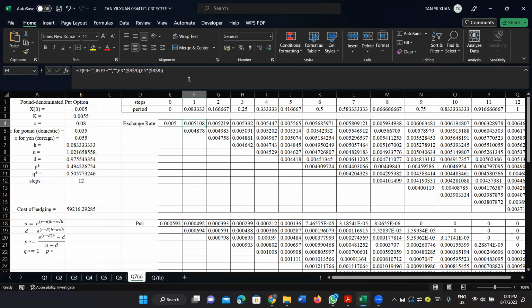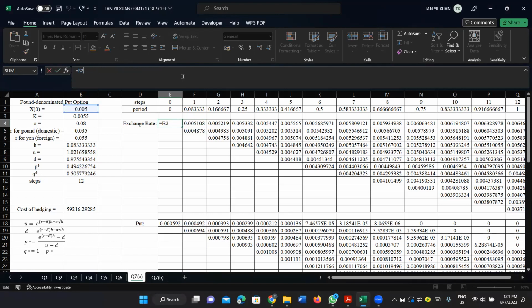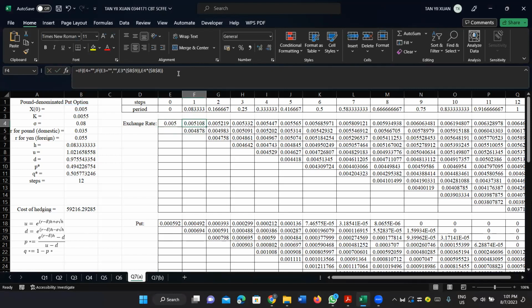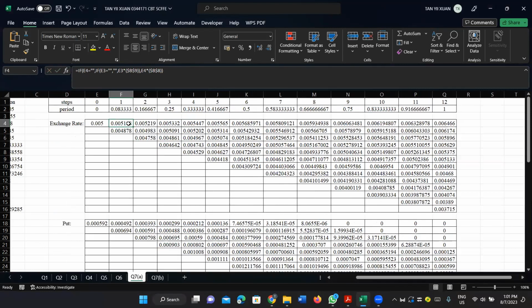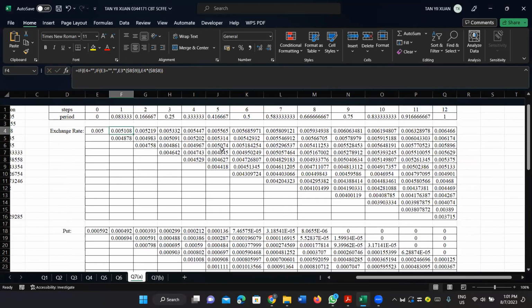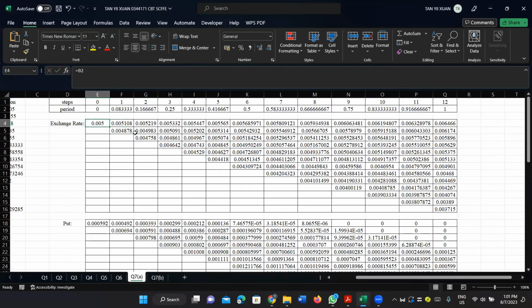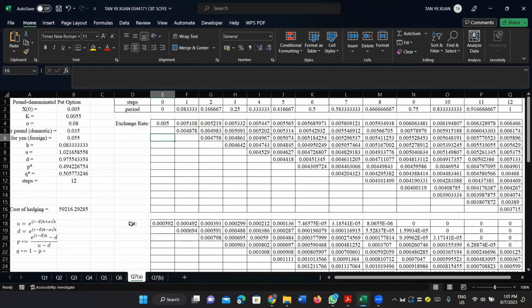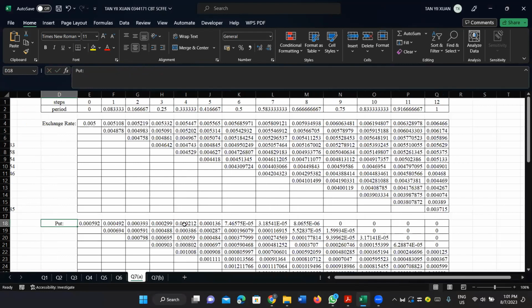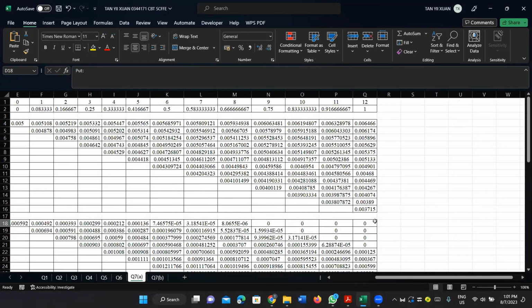So to make it easy for our calculation, we combine these two in one formula, and then we can easily drag it until the end of the period and drag it down also for 12 periods. And so we will get this stock price, the exchange rate. Since we are doing a put option for pound denominated,